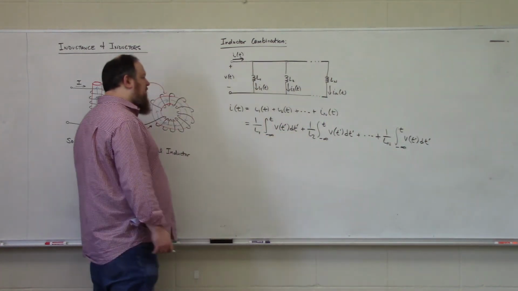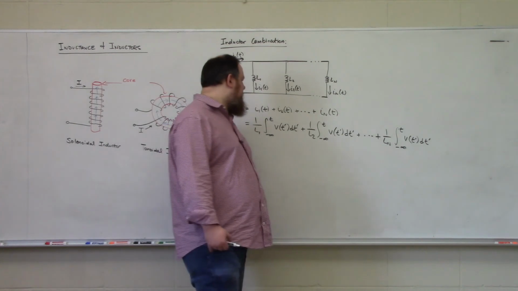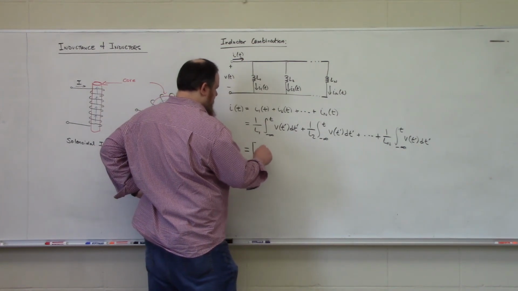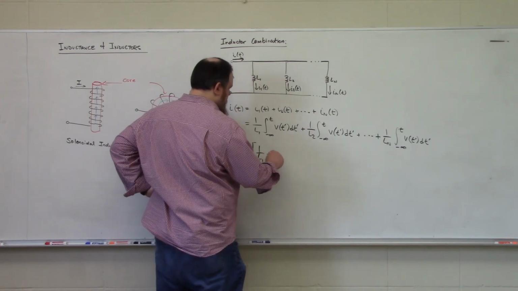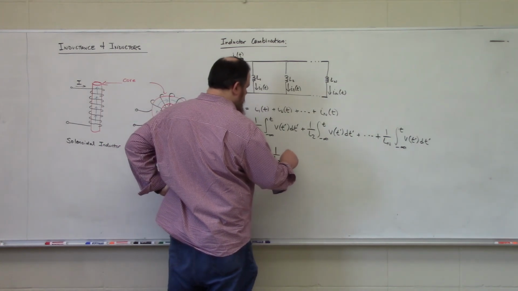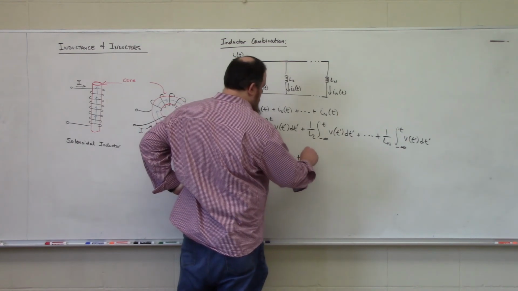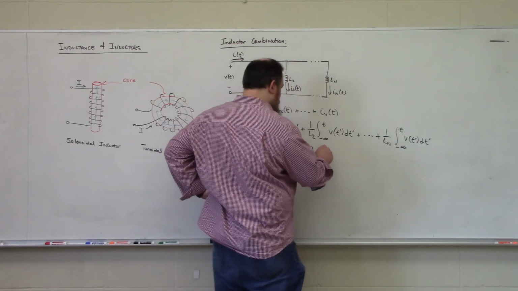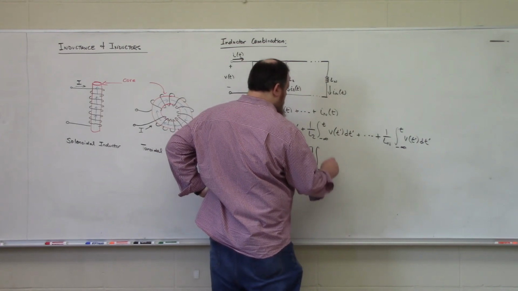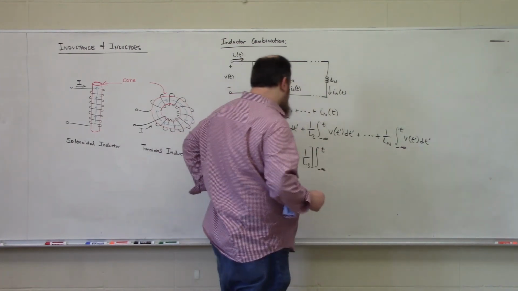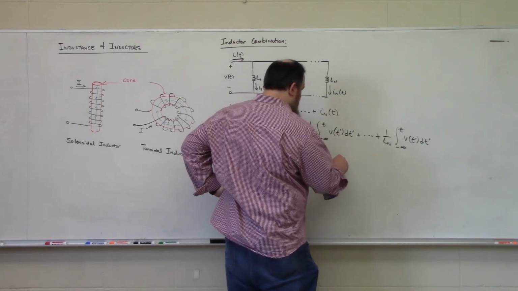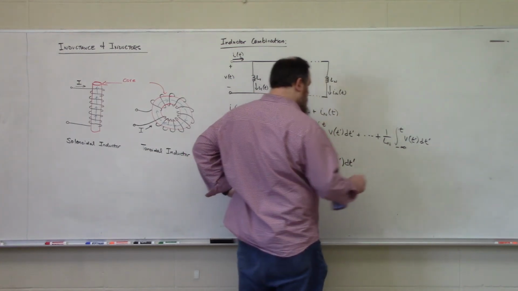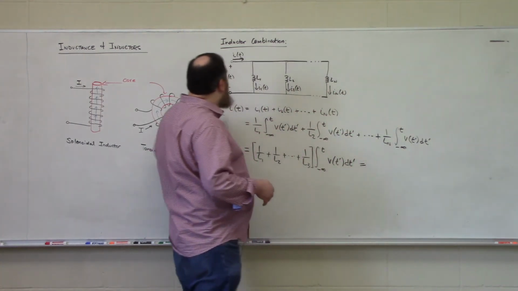So everything has a common factor of the integral of V of t. So we can combine like terms and we get 1 over L1 plus 1 over L2 plus 1 over L3, integral from negative infinity to t of V of t prime dt prime, which from the perspective of the current entering